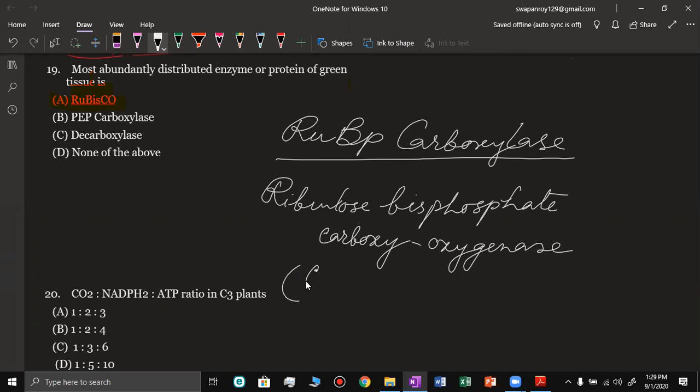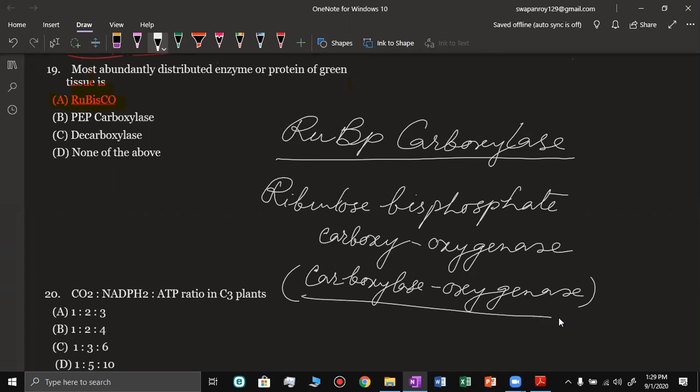You can write also carboxylase oxygenase. This is the most abundant protein in the world, on this earth. This is the most abundant protein or enzyme,